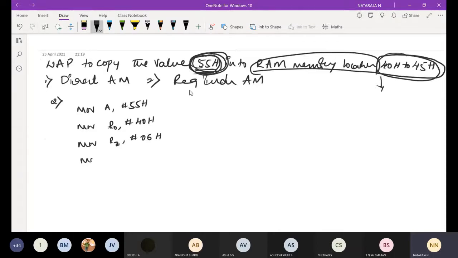Next move @R0 comma A. Next increment R0.